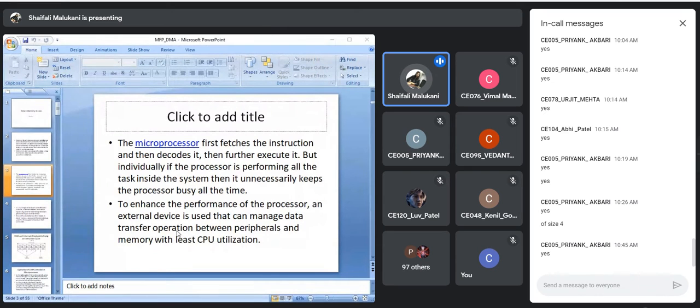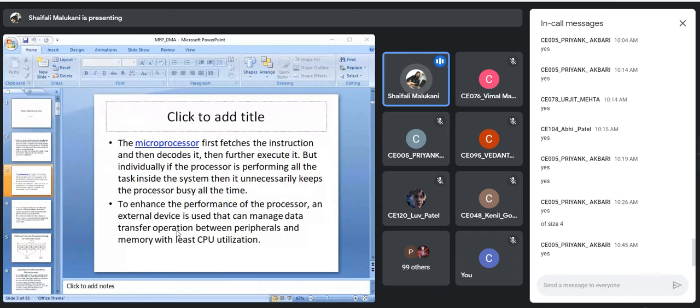So I think now it must be clear. Last time there was a question about how it will save the time, and I hope it was also discussed last time. Of course, we will take one program, but concept-wise, you must be clear right now about how it saves the time. Any doubt about how time is saved, you can ask me right now. Then we can go to the next one. Any doubt regarding the time saving purpose? Additionally, of course, time is saved, and your microprocessor remains